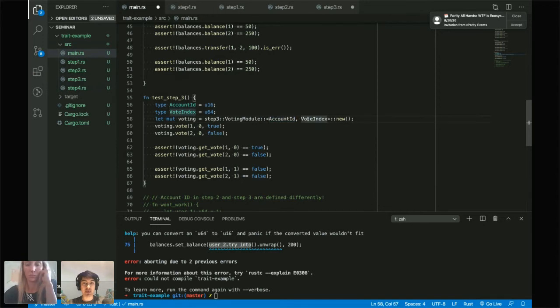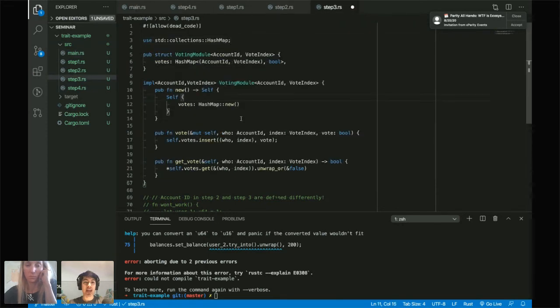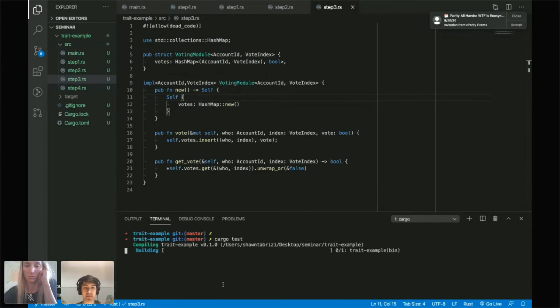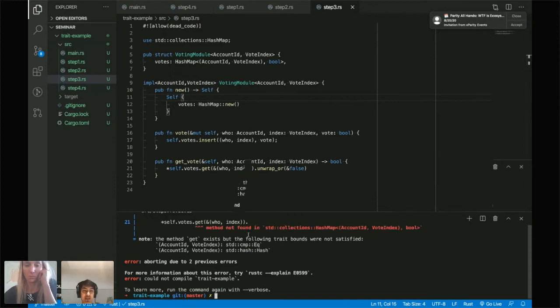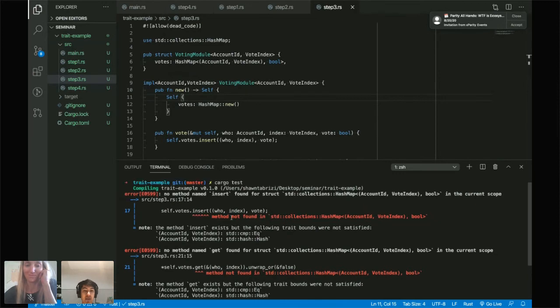And again, I think this will not work because I haven't defined in step 3 that these types are concrete enough. I haven't put enough bounds to be able to do all the things I want to do. So let's compile and see what the error message would be. Yes, and you can see here, Rust actually, so again, this is one of those things that after a while you learn that the Rust compiler is your friend. But you can see here that what I've done here is generally correct. I've defined the generic types. I've implemented the generic types here in the instantiation of the struct instead of the module itself.